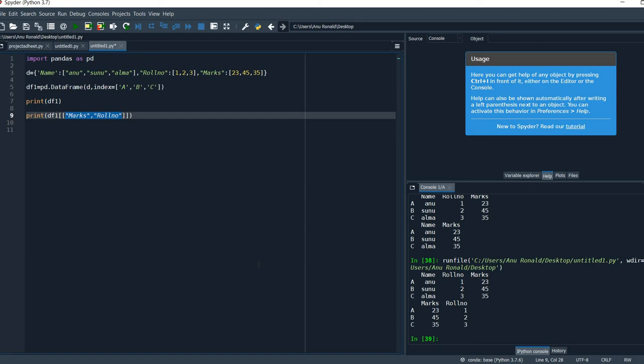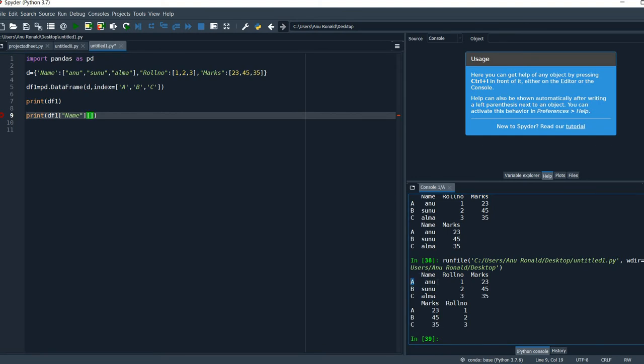Okay. Next, we can see how we can select a particular value, and for that we have to just get a particular name. How will you do that? For that we will write df of, like I need the name of this A only.